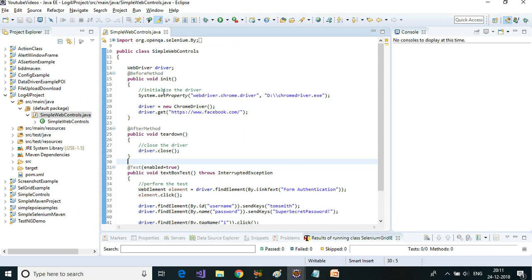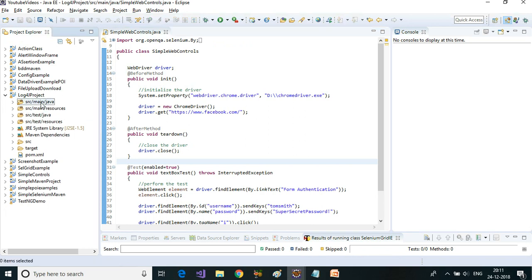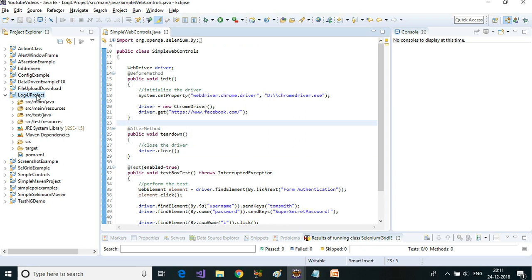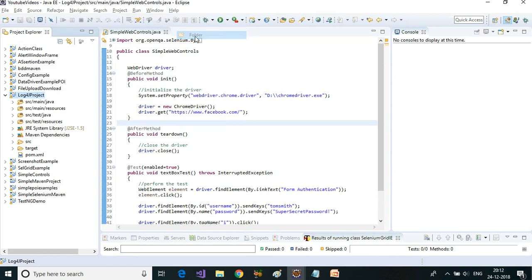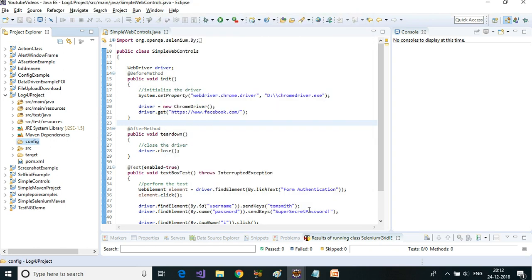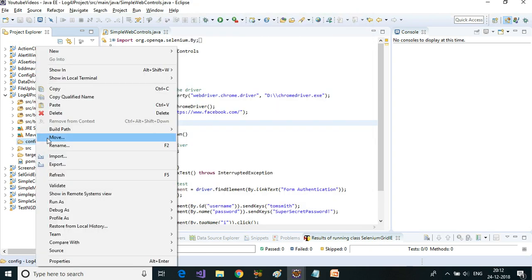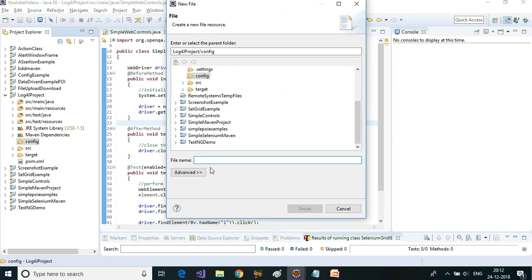Okay, now let us see how we can include Log4j into this. First thing is I'm going to create a new folder called config here. Right click, new folder, config. Under this I'm going to create a new file called